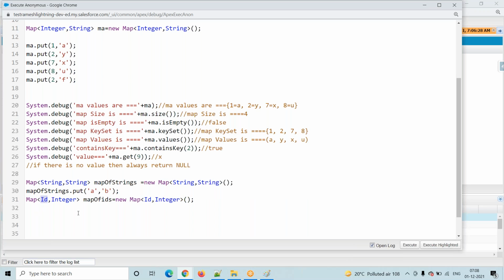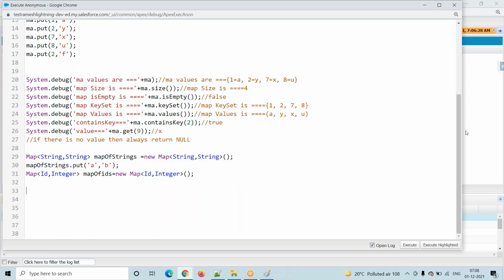So we can write it in any format. It is not like only these data types can be keys and these data types values. The key is any data type and the values are any data type, as per our wish, based on our requirement. This is the complete map.